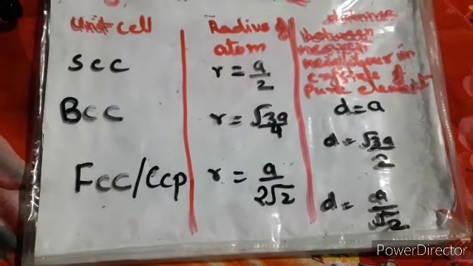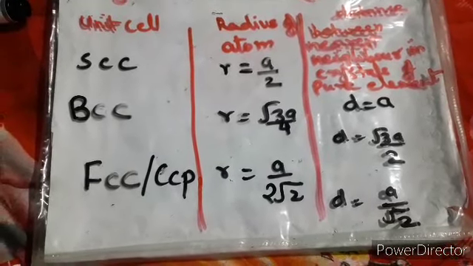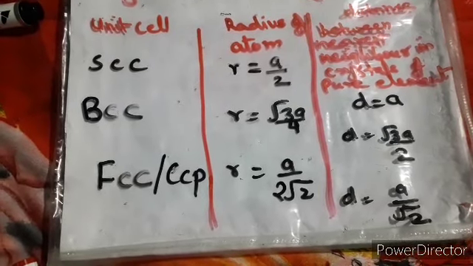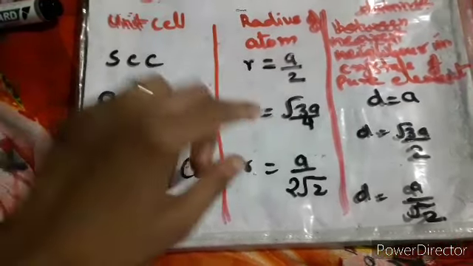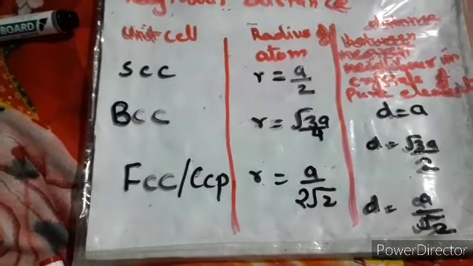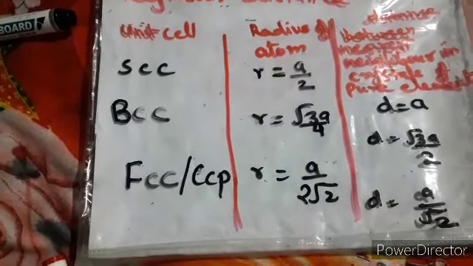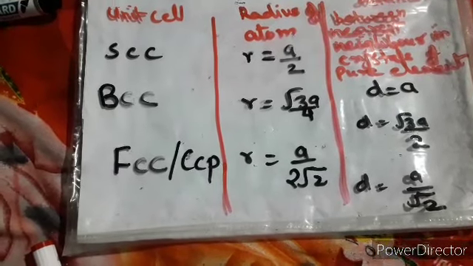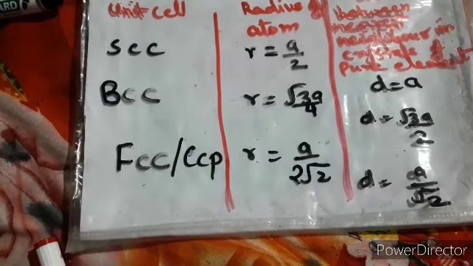And one more thing: in the books they have given different values also. They are just putting the values of root 3 and root 2, and you get values in fractions. So you have calculators. I am not asking you to learn the values, because it is better if you do it with the help of calculators. You can do it and get the answer.